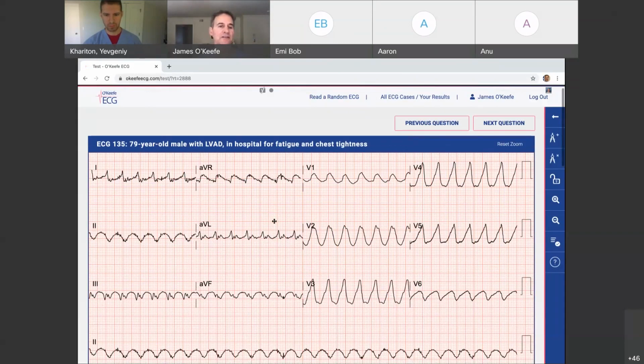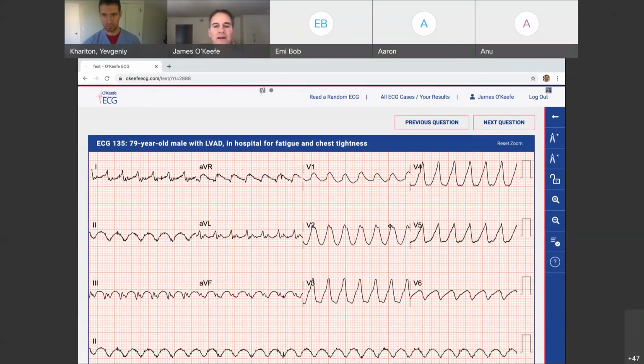And in this case, this is another episode of VT. This is ventricular concordance, where the R waves are all the same direction across the precordium. There's an R in aVR, and then it's a northwest axis, so it's positive in 1 but negative in 3 and aVF. And there's this bizarre notching going on, and again, somebody with an LVAD, it's VT till